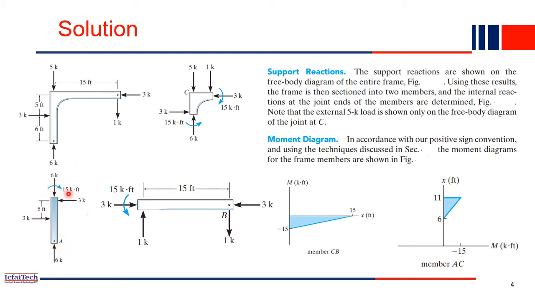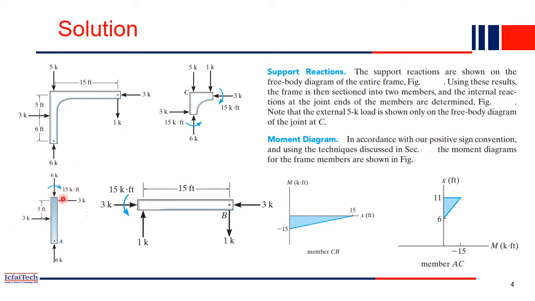Each free body diagram also should be in equilibrium, right? That is our main principle. Even when we break our entire structure into free body diagrams, each free body diagram also should be in equilibrium. That means all the vertical forces equal to 0, all the horizontal forces equal to 0, and all the moments should be equal to 0 for this free body diagram. So if this is 6K, one vertical force, then the single vertical force should be downward, and the magnitude should be 6K. Now the horizontal force 3K is acting, so this reaction should be opposite to the 3K. Then only equilibrium will be maintained, right? So these 2 are over.